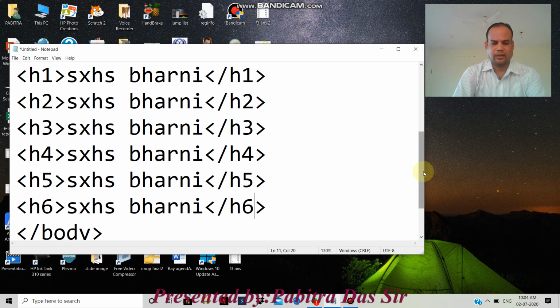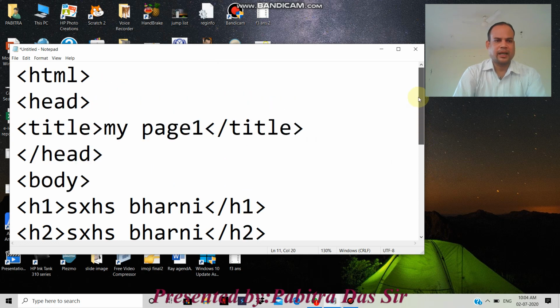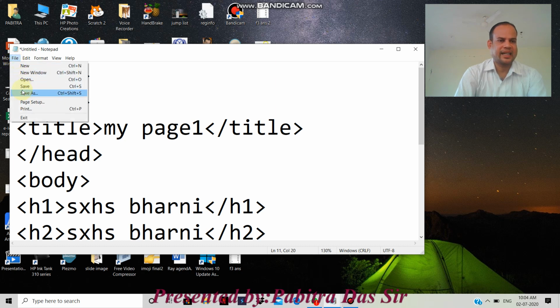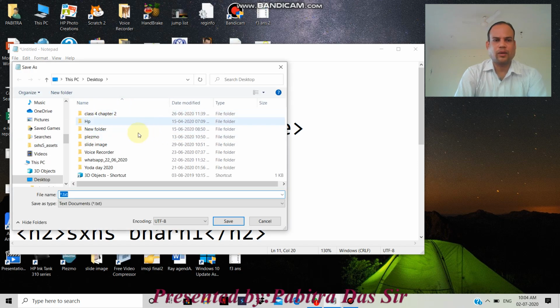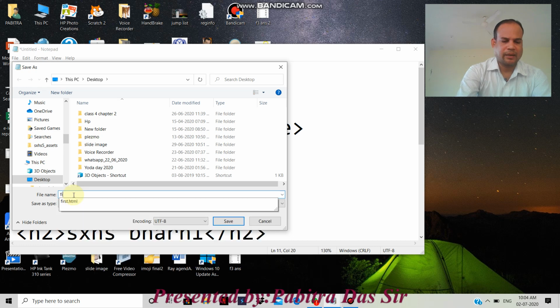Next students, move the scroll bar to the top of the HTML page. After that go to the file menu, click the file menu, then the save as option. Select your desired location where you want to save the file and type your file name, page 1 dot html.